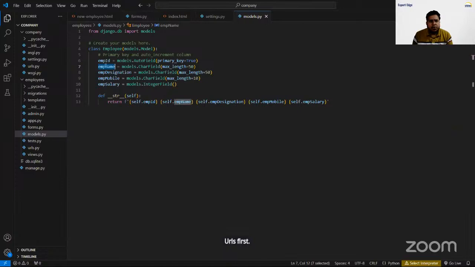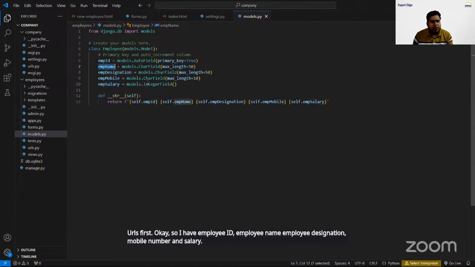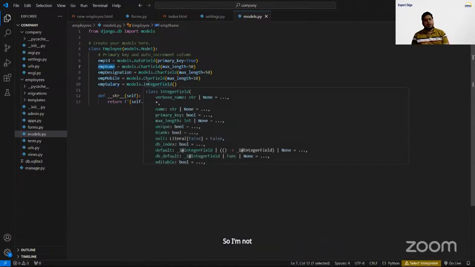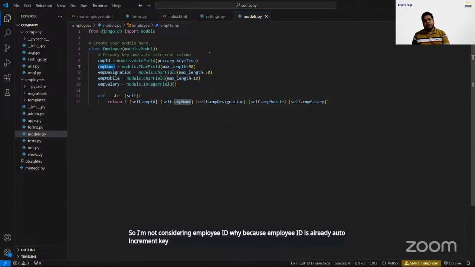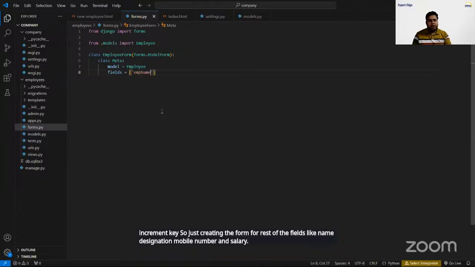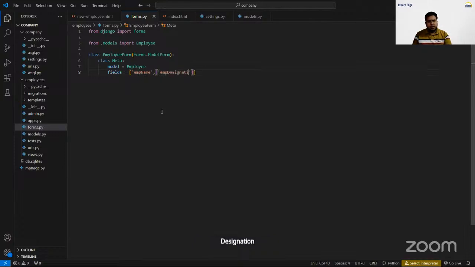Okay. So I have employee ID, employee name, employee designation, mobile number, and salary. I'm not considering employee ID because it is already an auto increment key. So I'm just creating the form for the rest of the fields like name, designation, mobile number, and salary. So employee name, then designation, EMP designation, then,